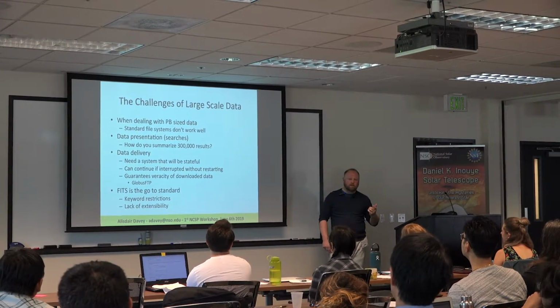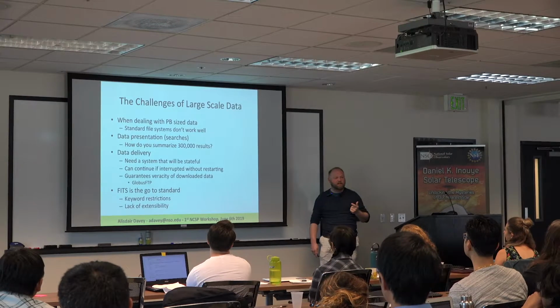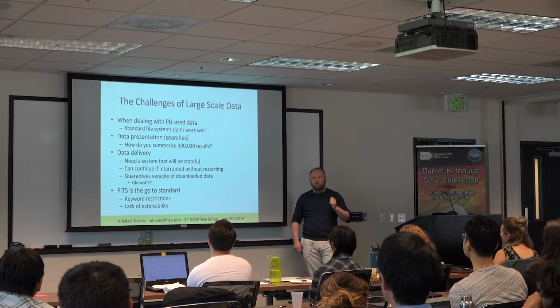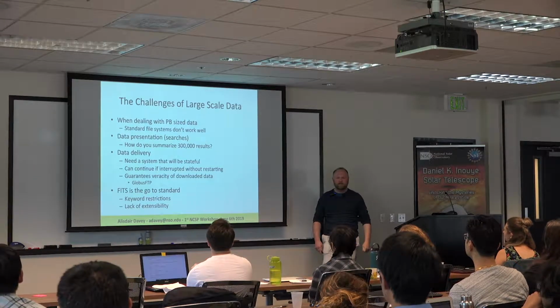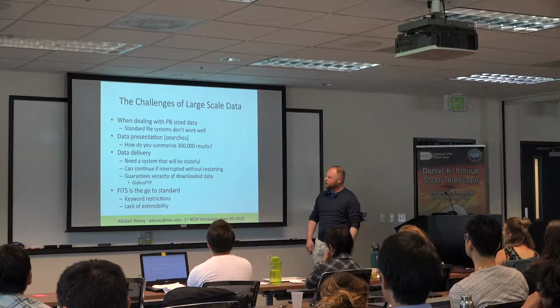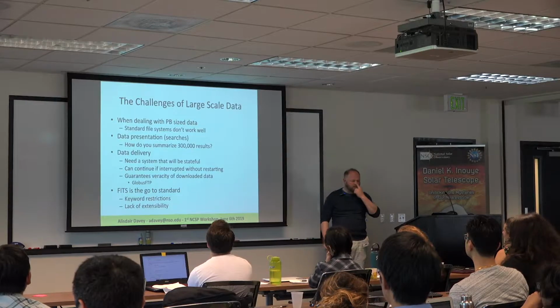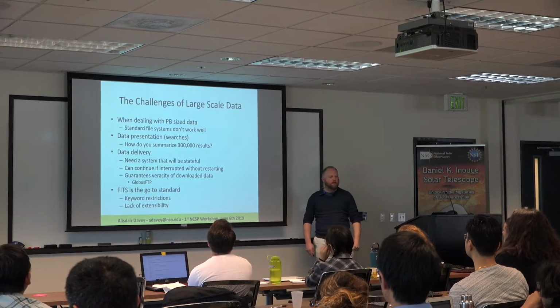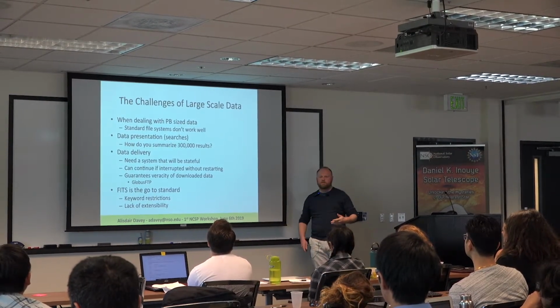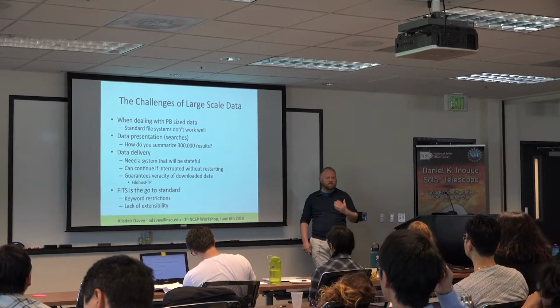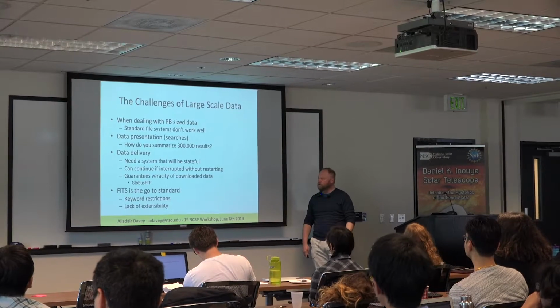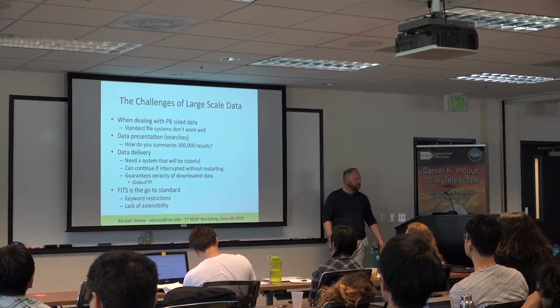And also, if you're downloading 2 terabytes and you've waited all that time, we better be sure that what you're getting is exactly the same data that's on the data center. We use a grid FTP solution, Globus FTP, which pretty much handles things like authentication and download. It guarantees the veracity of the data transfer for us. It can continue if interrupted.